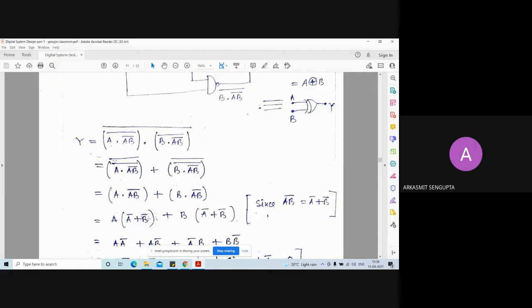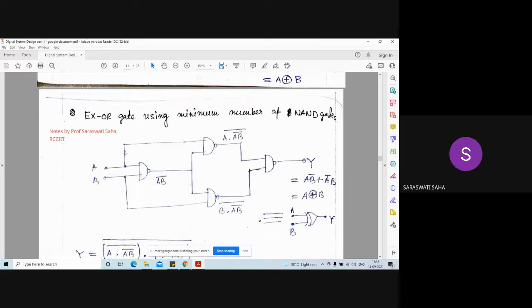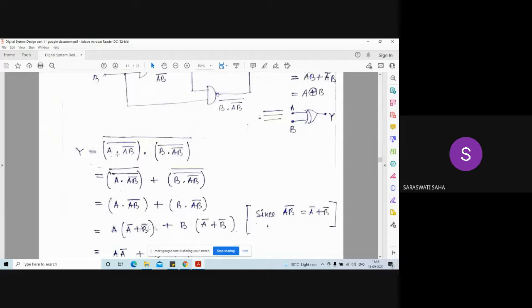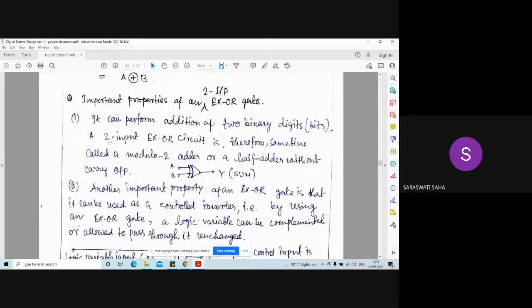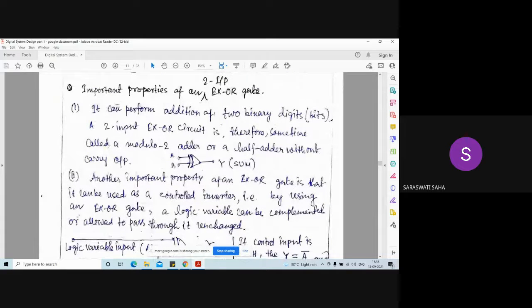Ma'am, it means with NOR it is also possible? Yes. In your book, it is available how we can implement the XOR gate with the help of NOR gate. Okay? Yes, sir. Try that one also. So already time is over. Just see